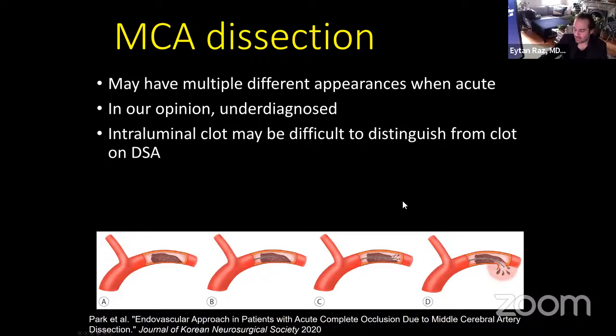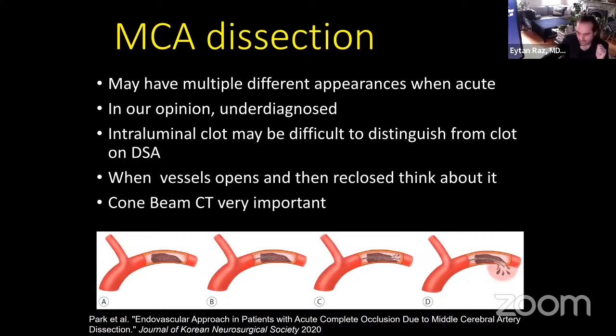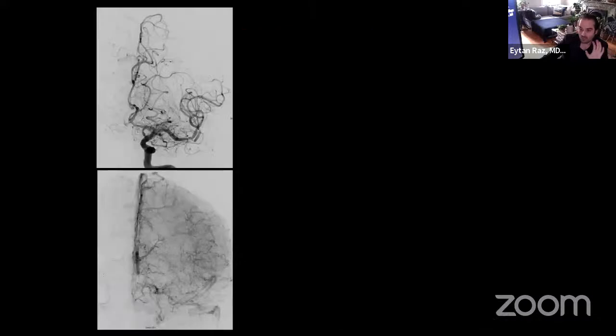So when you deal with strokes, it may be very hard to distinguish that in the acute setting. But when the vessel opens and then recloses, think about it, okay? Because these are situations where you may deal with a dissection, and to distinguish this, the cone beam CT is very important, and I'll show you a few